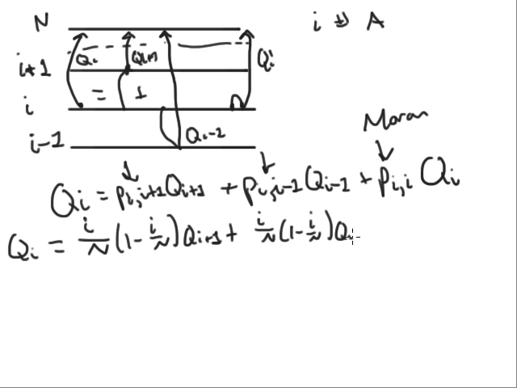And then this is Qi minus 1. And then, oh, sorry, not an equal sign, but a plus sign. I'll erase that. Plus, and this is 1 minus 2 i over N times 1 minus i over N. And then this is Qi. Okay, so simplifying this, we can end up with,